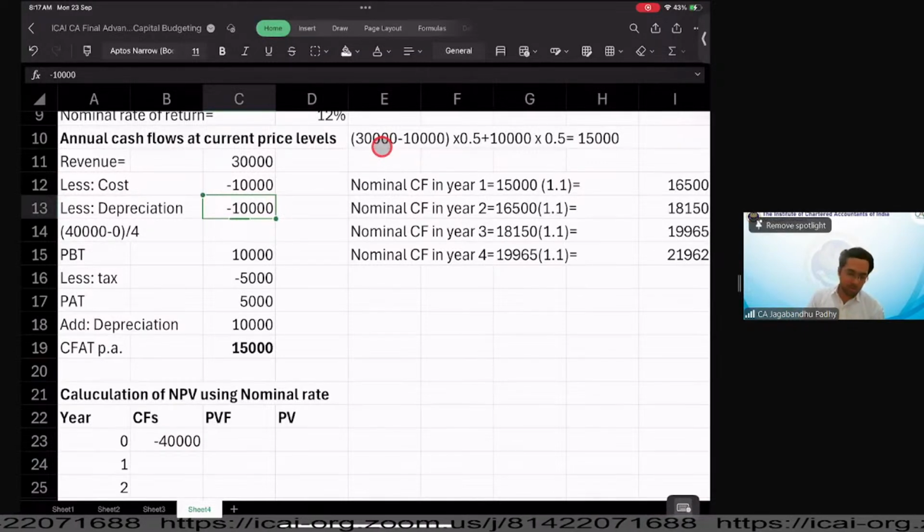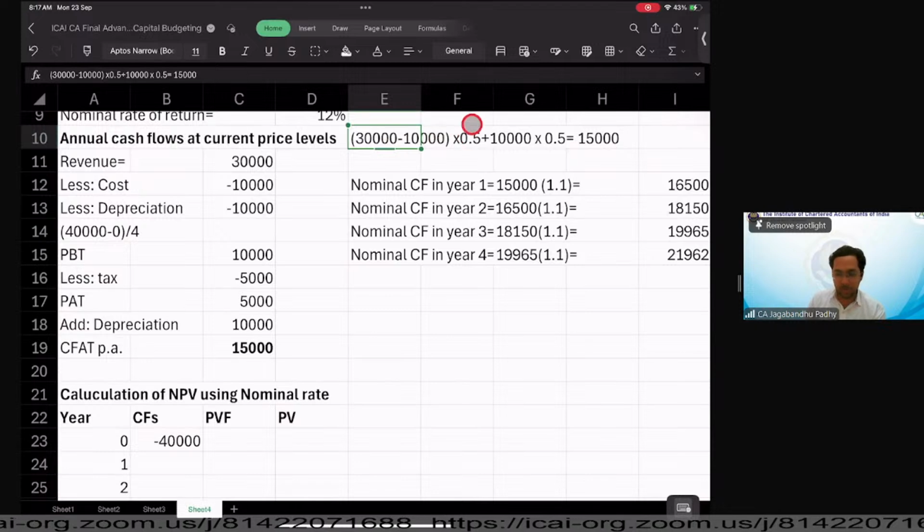So here you see that in the first method, we subtracted depreciation and then we added back the depreciation. In this second method, what we do is we consider only the after-tax cash flow numbers, plus we add back the depreciation savings, the saving due to the tax. Okay, sir. But have you deducted only 10? We have not deducted depreciation, but added back, yeah, added back only half of it.